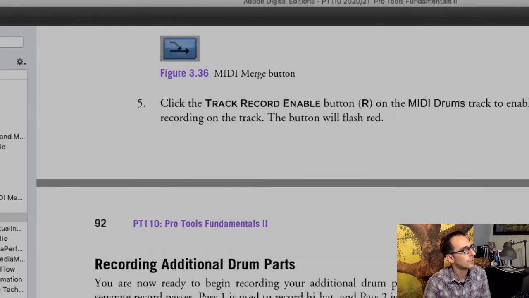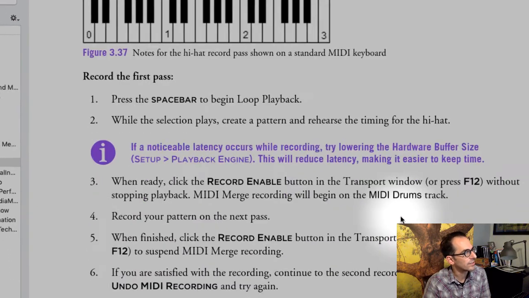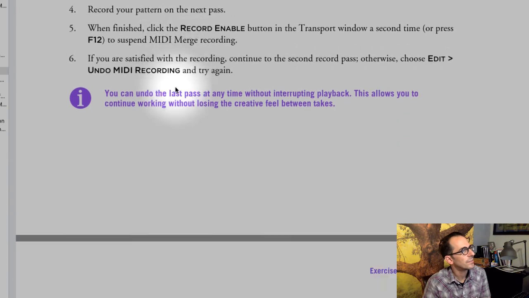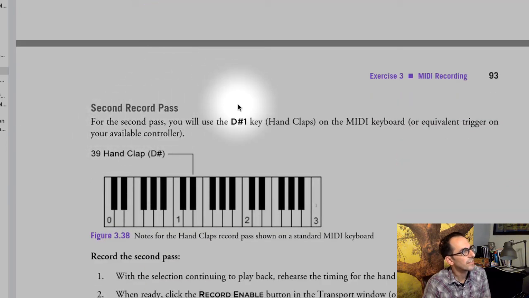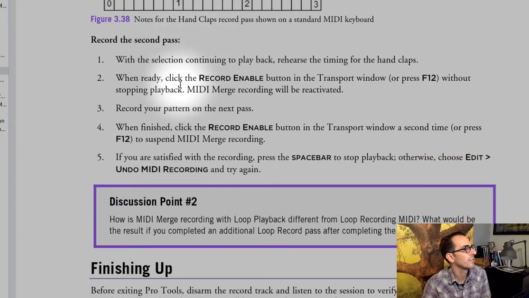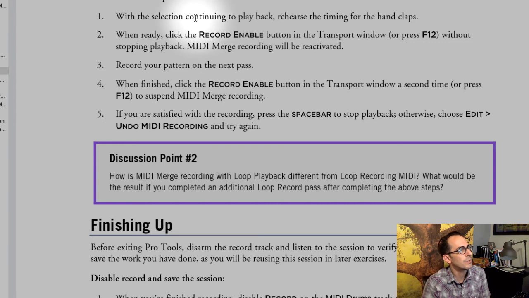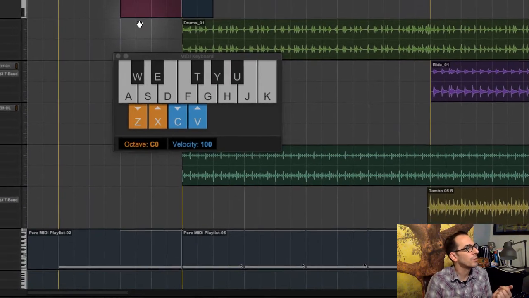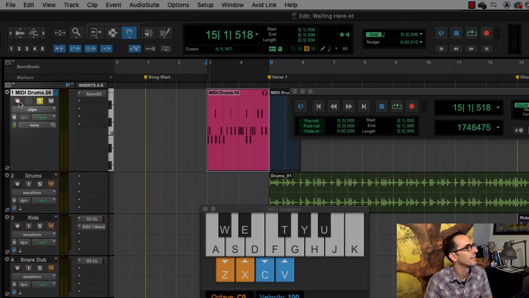So, once we do that, let's see what else it says. For the second pass, you could do this again and again. It says, for the second pass, with the selection continuing to play back, rehearse the timing for the hand claps. And that basically just means let it play and hit record, and I'll show you what they mean. So what you can do is, actually no, turn on the record enable, hit play,